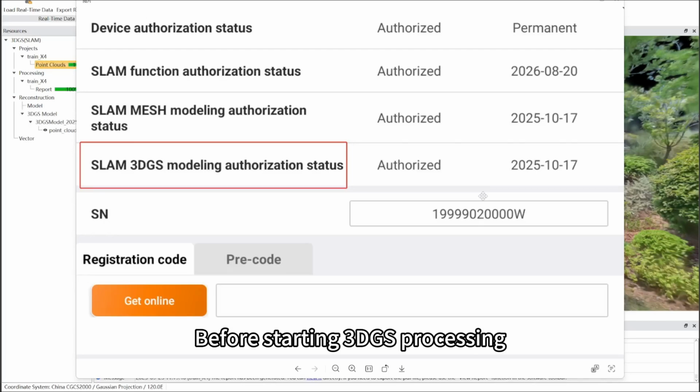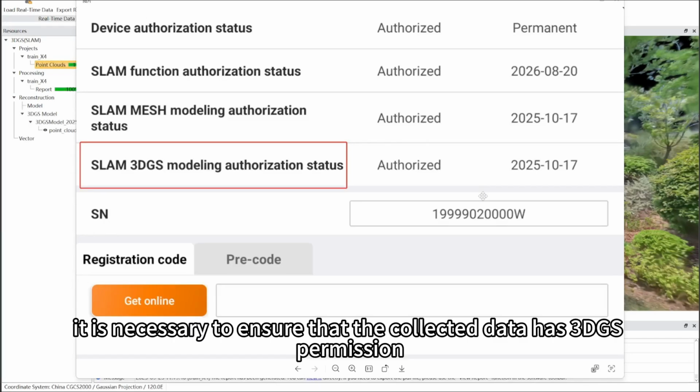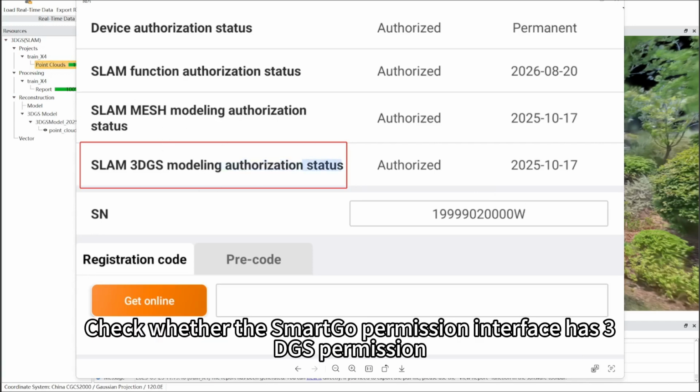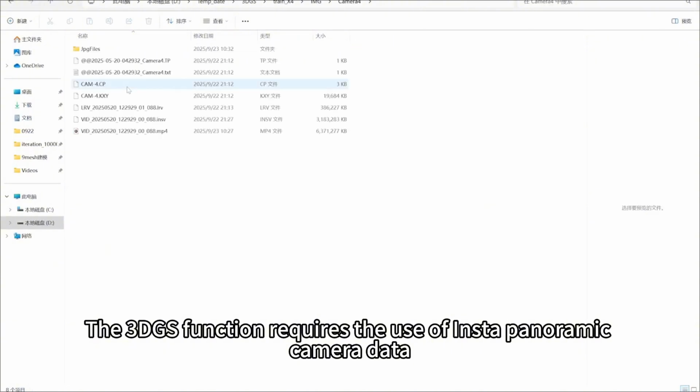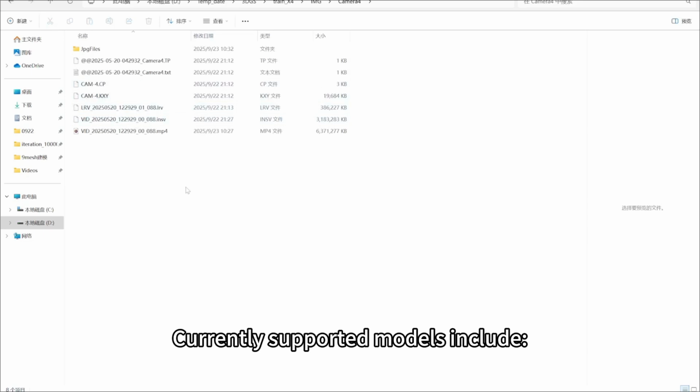Before starting 3DGS processing, it is necessary to ensure that the collected data has 3DGS permission. Check whether the SmartGo permission interface has 3DGS permission. The 3DGS function requires the use of Insta-panoramic camera data. Currently supported models include